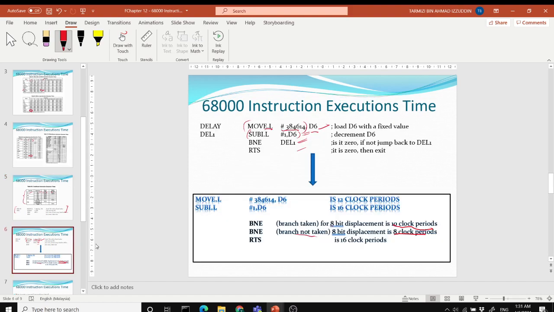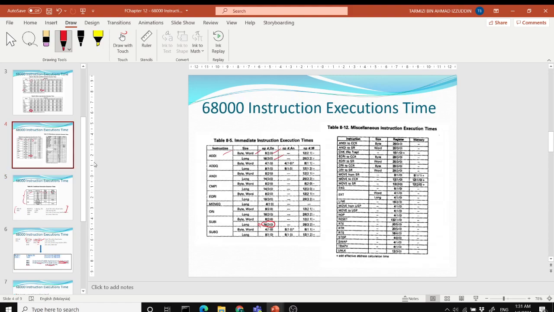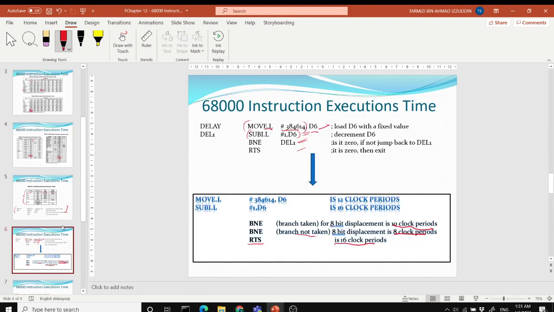And RTS, return to subroutine, required a 16 clock period. So RTS, where is RTS? Is it listed over here? RTS 16, yeah, RTS 16 clock period is required. Okay,